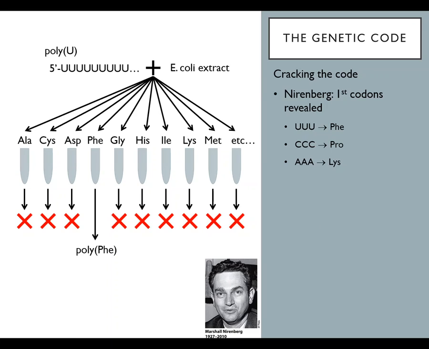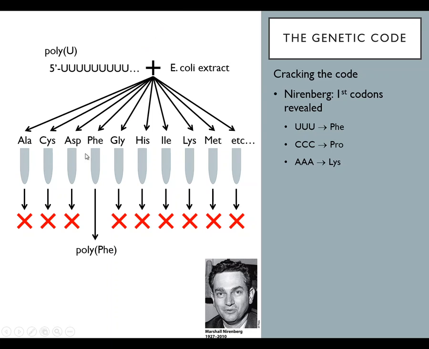And the way they did it is they made these artificial RNA molecules that just consisted of one base. So the first one they tried was a polyuracil. It was just a bunch of U's attached 5' to 3', just like a regular RNA, but with just uracil, no other base in there. And they mixed that with an E. coli extract. So these are E. coli bacteria that they just lysed, in other words, ground them up into their components,